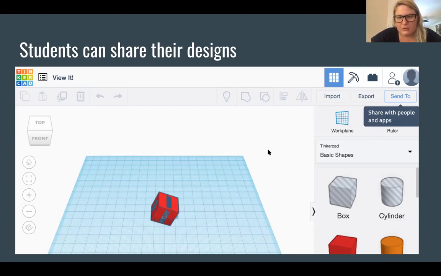You can measure, you can enlarge and decrease size. You can create a lot of different designs here in TinkerCAD. So that really allows them to apply their background knowledge of our multidisciplinary unit, using the example of climate change and how the factors affect climate change, but what can we do to design something better or improve upon something that reduces